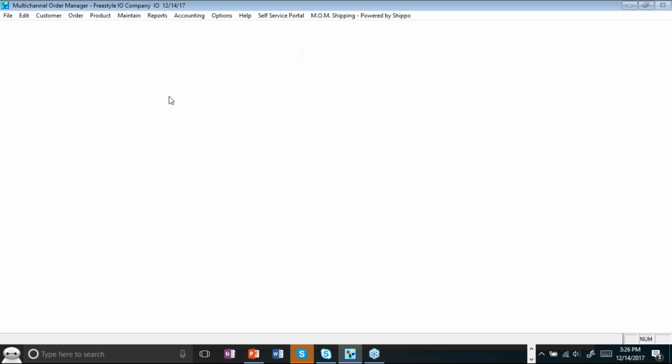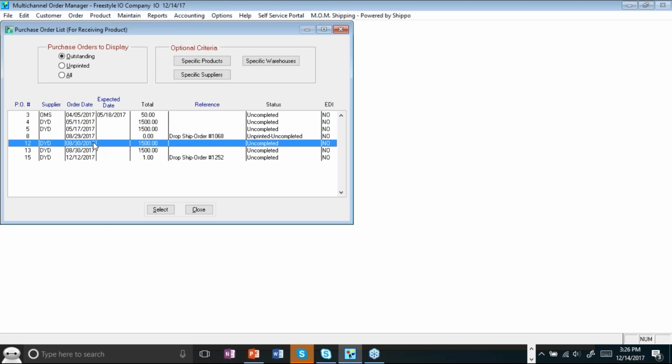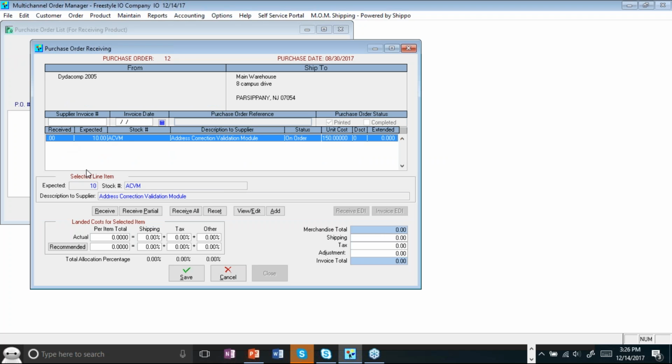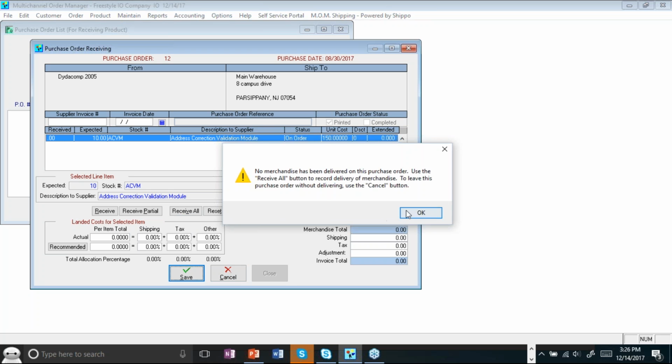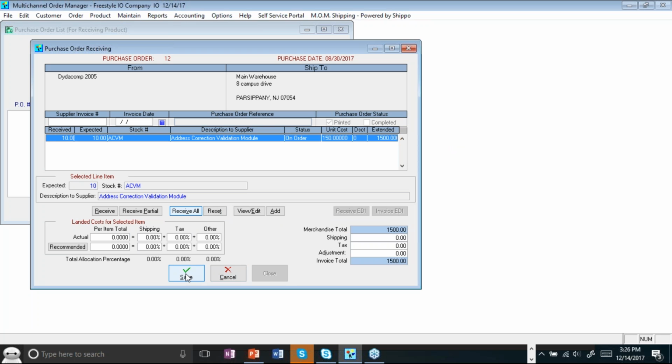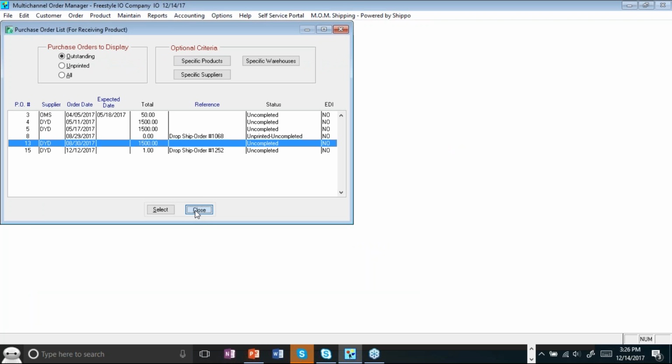There's a manual receive, where you can actually pick and choose the different POs that you want to receive. You can highlight it, and you can hit receive all, and then save. That would save it in our system. Save here, receive, and that will just add 10 units to that particular product in our system once we do